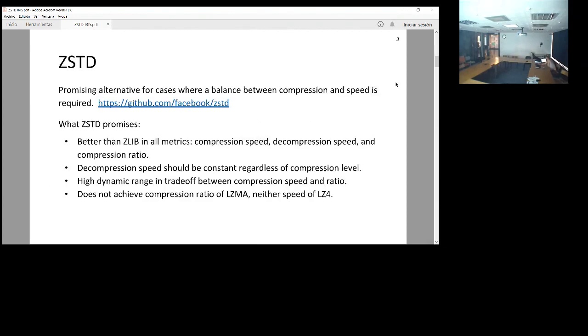My work has been focused on Z standard, which is a new algorithm that also aims to offer a great balance between compression speed and compression ratio. Basically, what it promises in theory is to achieve better compression speed and better compression ratio than zlib, and